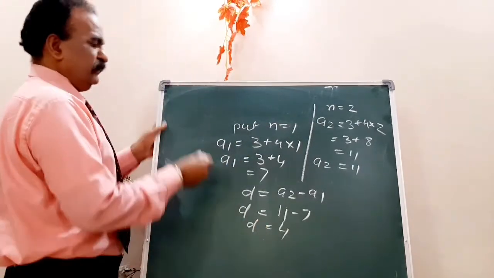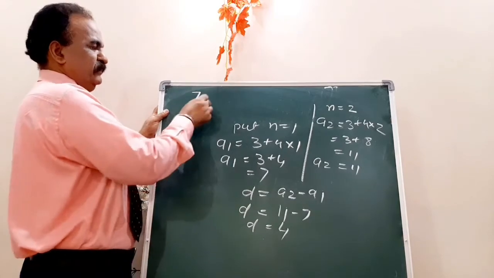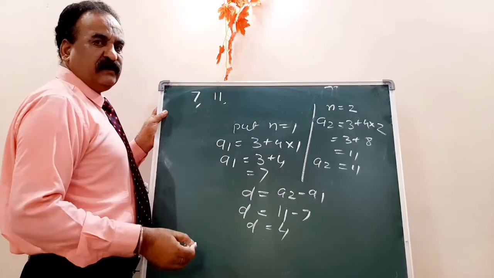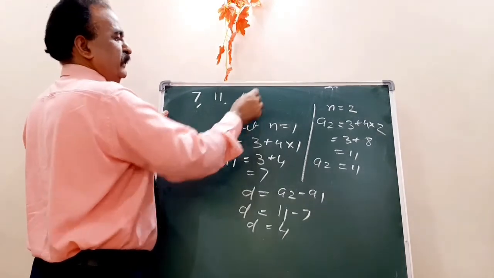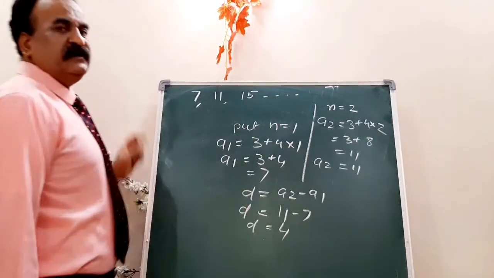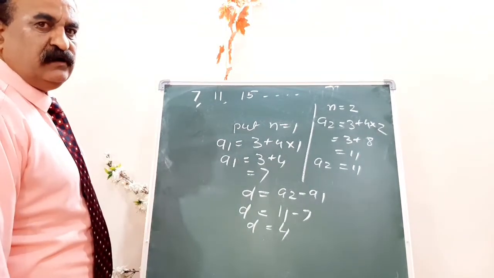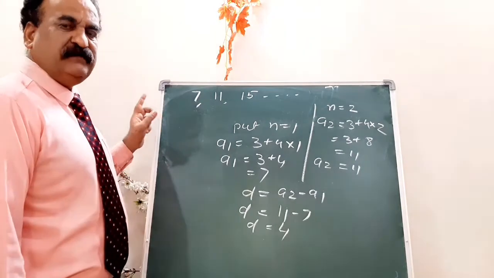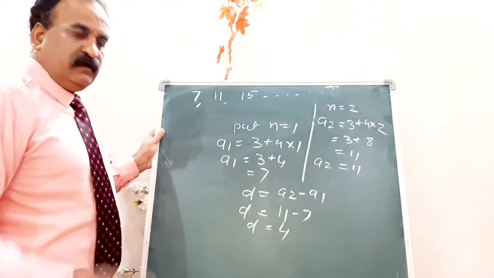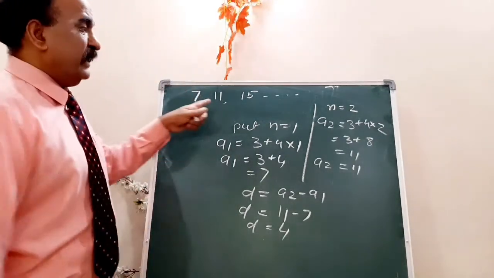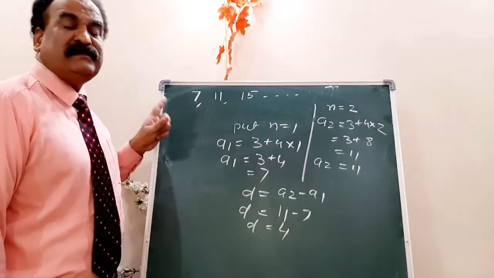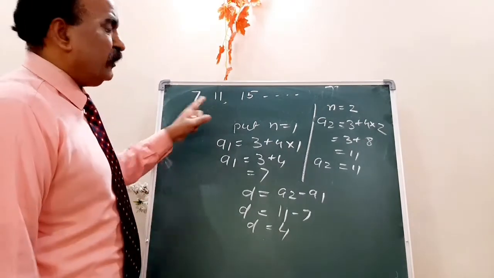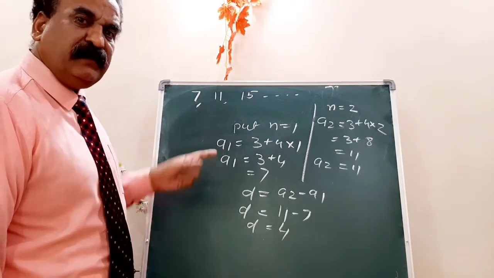The first term will be 7. Second term 7 plus 4, 11. Third term 15. And this is the arithmetic progression. I hope this is clear to you. 7, 11 and 15. This is an AP. Now my next question: here the nth term was given to you, it means the last term is given. And now when the sum is given to you in the form of n, how to construct an AP? Let us see.